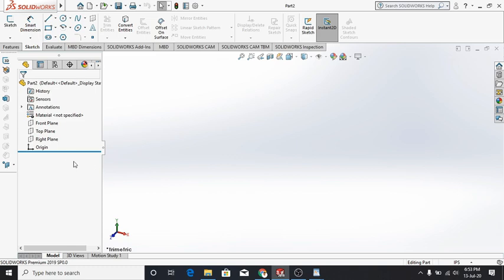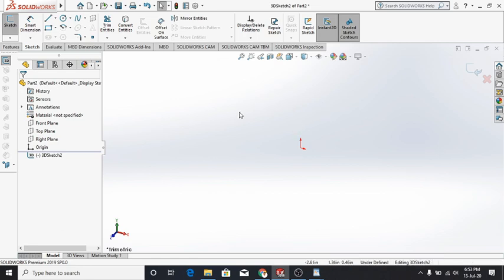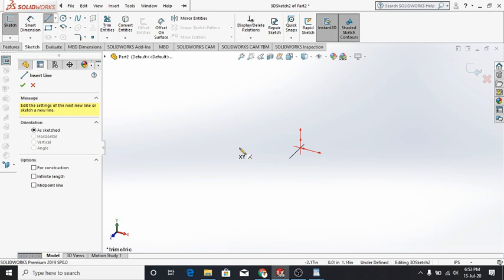Now, the main thing in building the roll cage is the origin. The origin is the starting point of making a roll cage. When I select 3D sketch, the origin changes in this way. You can observe the pointer has changed to a pencil, and below it is showing XY.